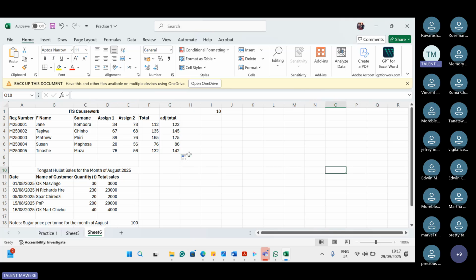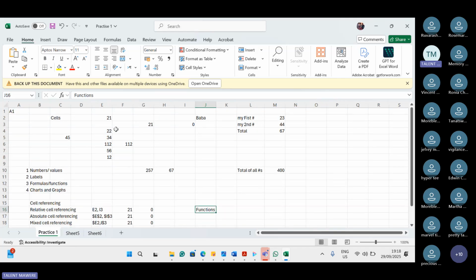So yesterday we started our practical on spreadsheets. We said spreadsheets are designed to solve the problems of written work. You can perform complex calculations with a spreadsheet. So yesterday was just the beginning. We learned how to enter data in a spreadsheet. And we said that the three types of data that can be entered in a spreadsheet include numbers, labels, formulas,